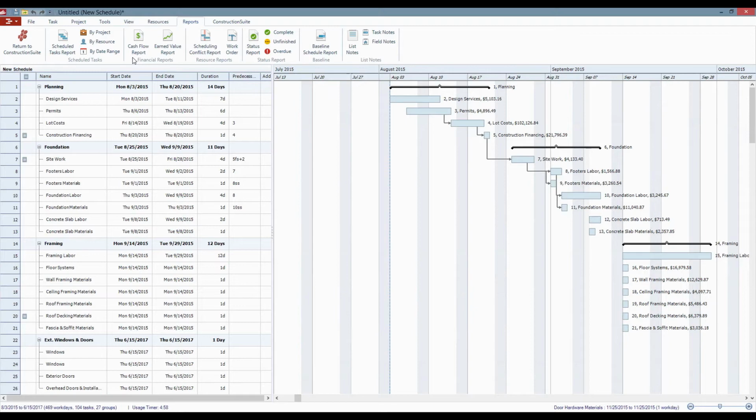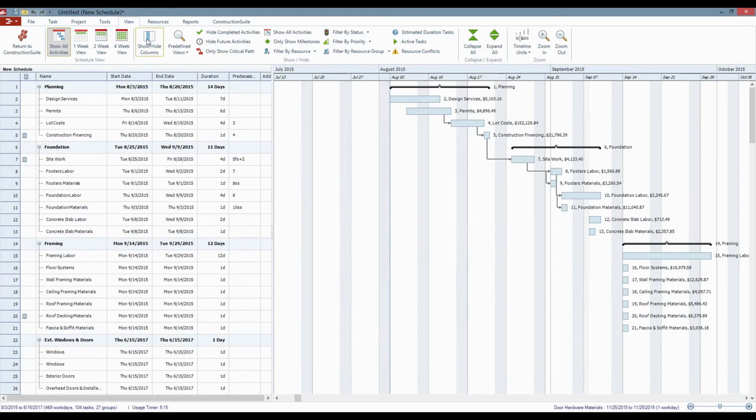Cash flow, of course, this is all about projections, predictions. Earned value is a little bit more focused on how much have we done and how much should we have made for the work that we've done. So you can always work with a couple of those. But it might not be something that you want to show on the schedule when you guys are handing it off to the client. So here you can come to the View menu and go to Show Hide Columns,